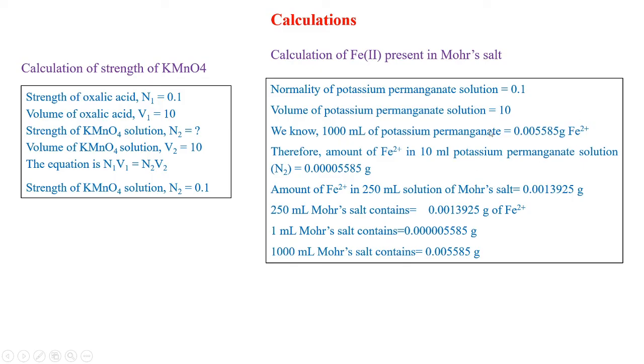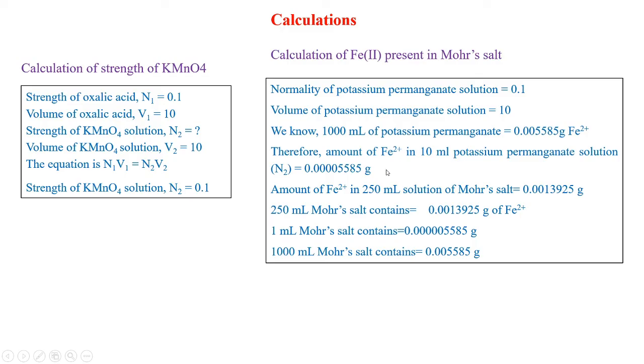So using this equation, that means 1000 ml of potassium permanganate contains 0.005585 gram of iron 2 plus. Now since we get the value of potassium permanganate is 10, therefore when we calculate in 10 ml of potassium permanganate we get